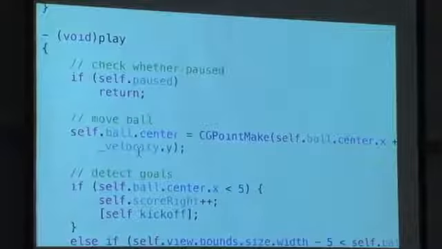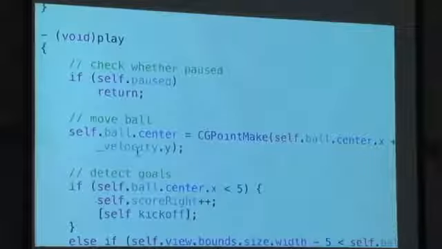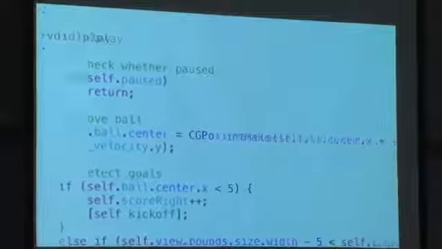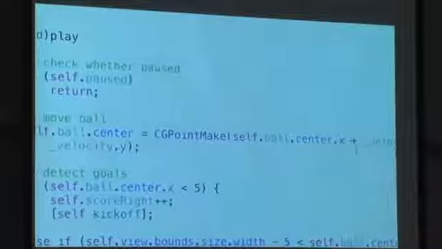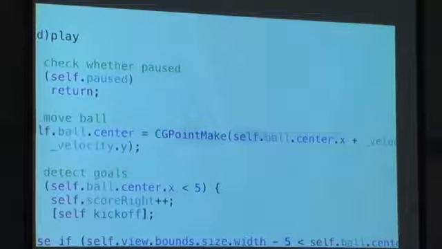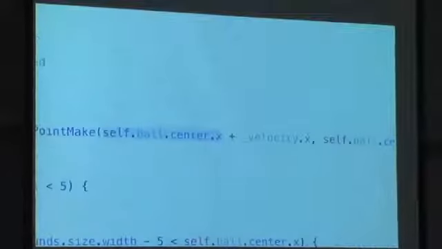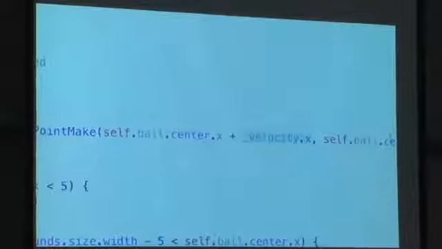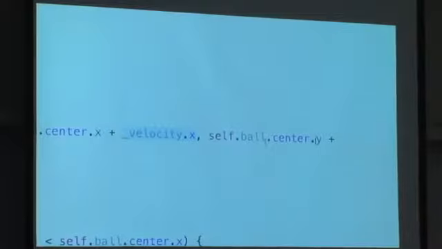Otherwise, go ahead and move the ball. This is very similar in spirit to what we did with the paddle, but in this case, I want the ball to be self-propelled. So I'm going to move the ball from its current x coordinate plus the x velocity, comma, the current y component